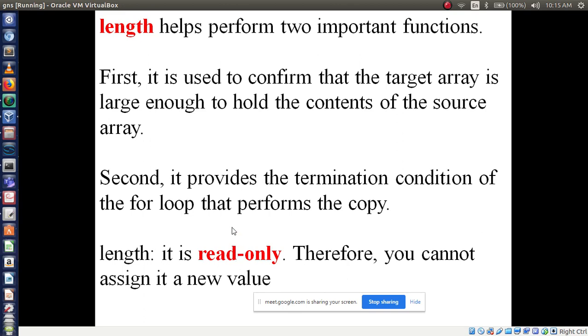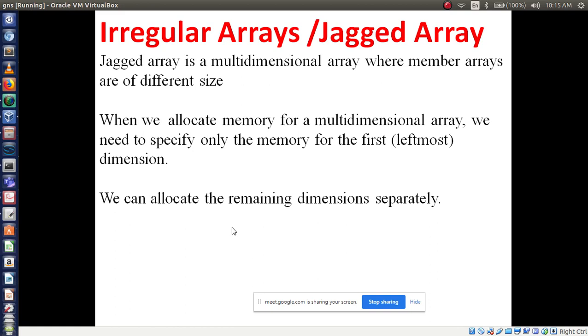Okay, now irregular arrays or jagged arrays. Remember, if they ask about irregular arrays, explain an irregular array with an example, or explain a jagged array with an example. Both have the same meaning. Is that clear? I told you about explicit and implicit conversion, right? Yesterday we saw the question paper, like what? Widening and narrowing. Both have the same meaning, explicit and implicit. Like that they are going to ask a question. So irregular array and jagged array have the same meaning.